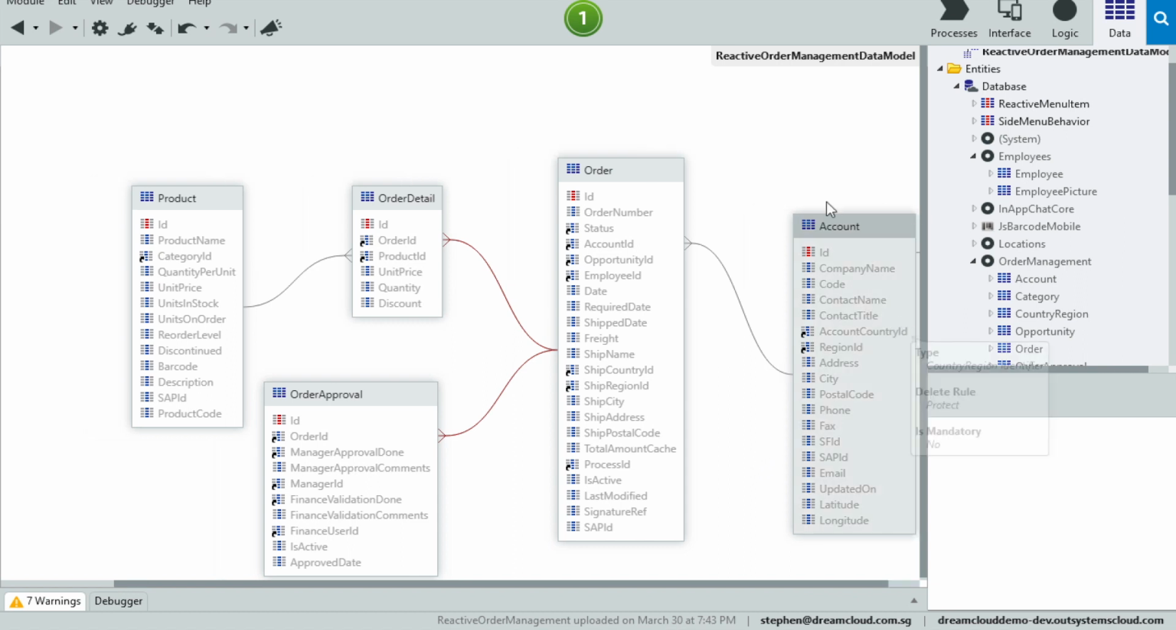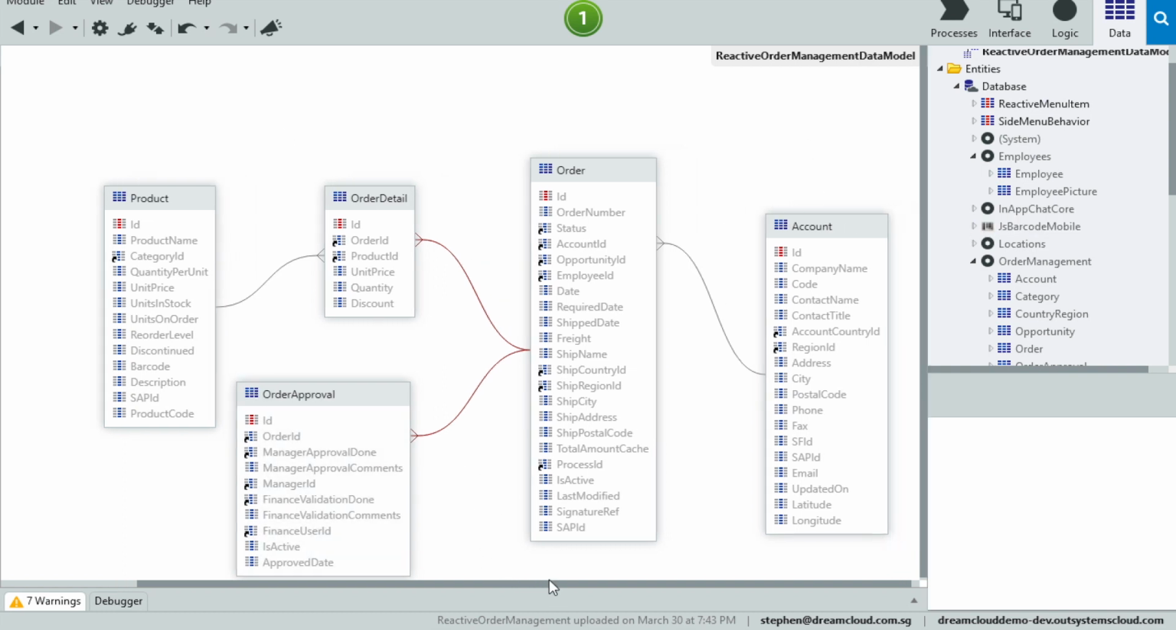If you come into the data tab, you see that there is a relational database diagram being drawn. This is a true reflection of the actual database tables that will be created in the back end in either MS SQL or Oracle. This is in contrast